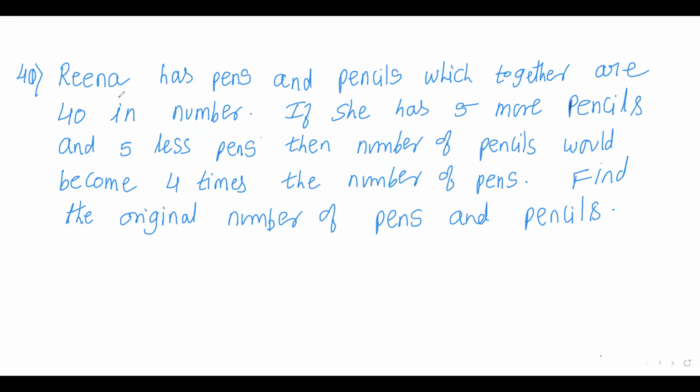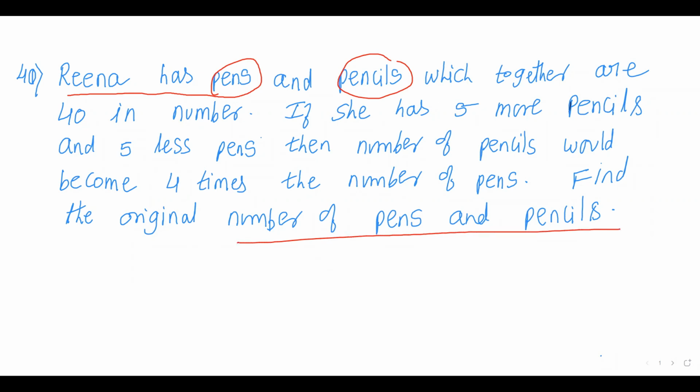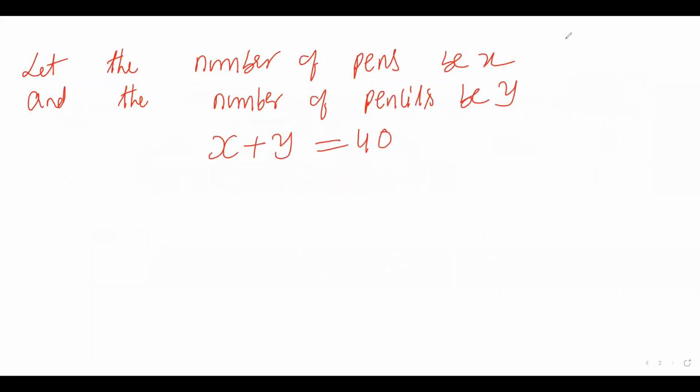In the next question, it says that Reena has some pens and some pencils. Together they are 40. So we don't know the number of pens and pencils. In the last sentence, he's asking us to find the number of pens and pencils. So first of all, let us take, let the number of pens be x